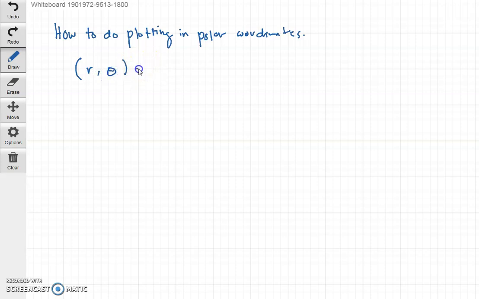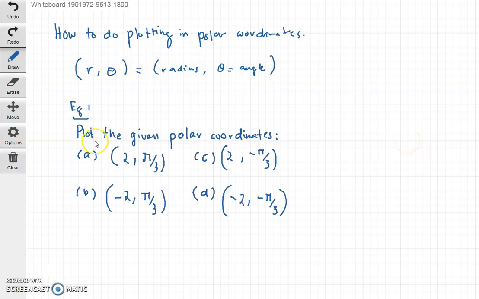where the value of r is given by the radius of a circle and theta represents an angle. So let us see one example. Let's say the question asks you to plot, okay, let's say you are given this kind of example. So we have 4 questions right now, and